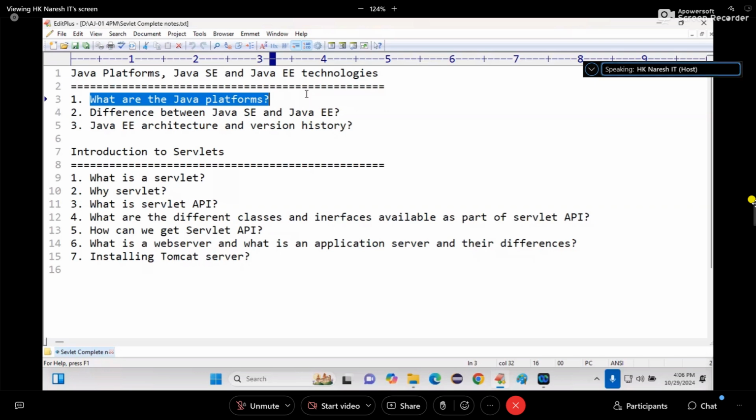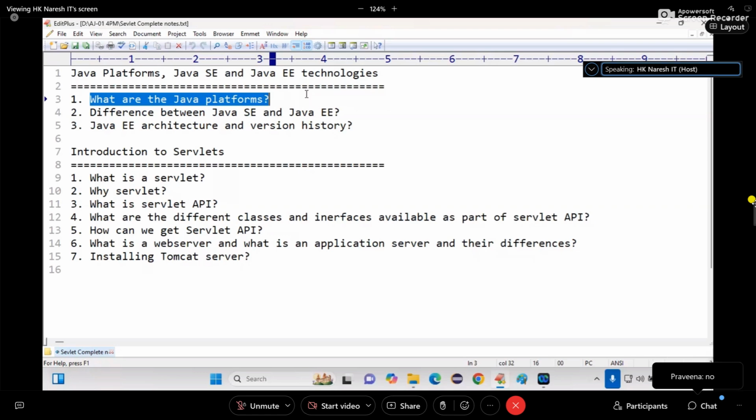So language is already available. Language means only one syntax will be there. But API and technology will be changing. So Java EE provides only API, or nothing but technologies. Can I call collection a technology? No. Can I call multi-threading a technology? No. Can I call string handling a technology? No. When can I call something a technology?